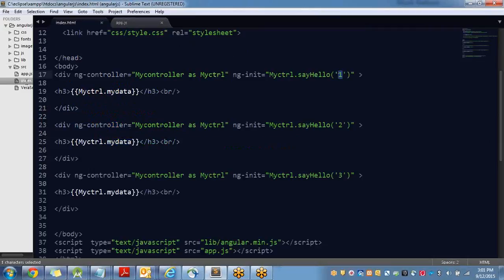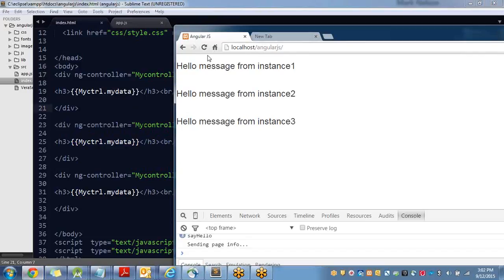Now you see that I'm firing this method with different messages from 3 different locations. But the execution of this method by passing one as a parameter is not going to impact the second instance, and the execution of this is not going to impact any other. So the output of this is like I'm passing instance 1, so it will impact only the first one. When you are executing the second one, it is going to print this. It is not going to impact the first and third one,